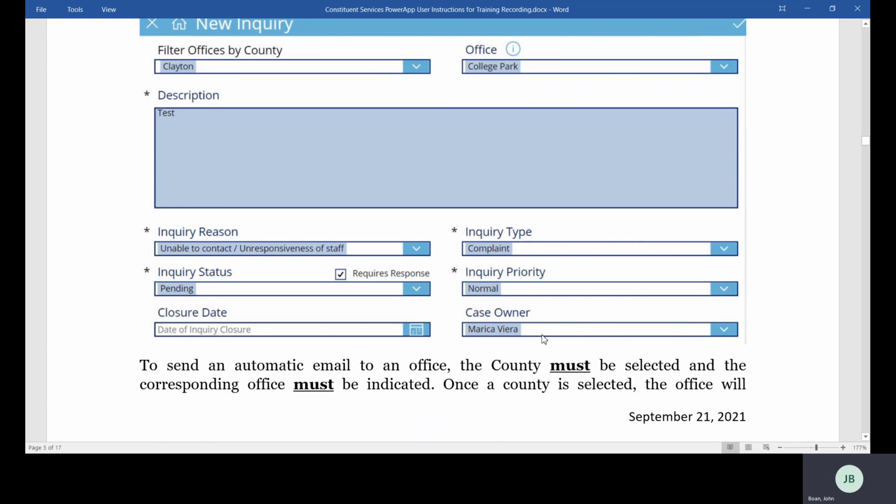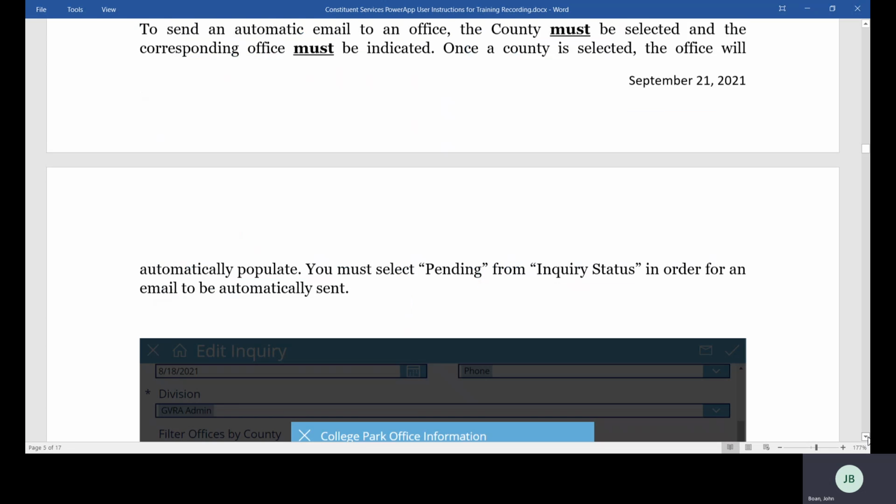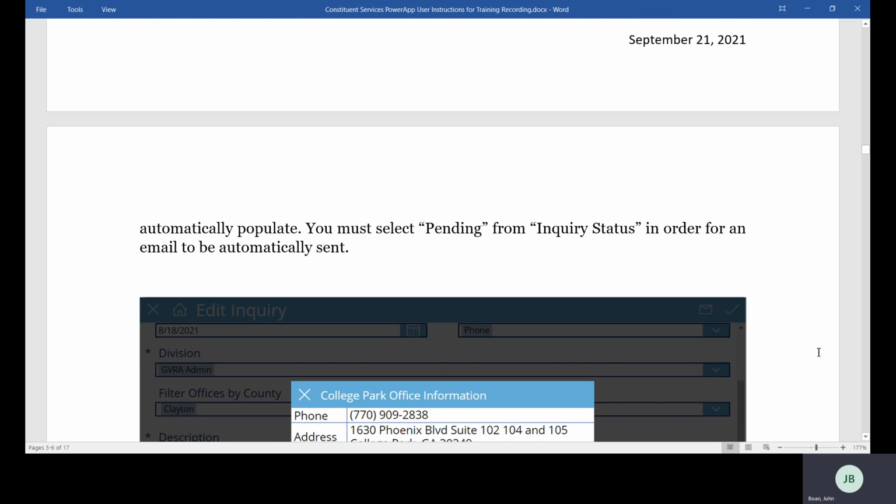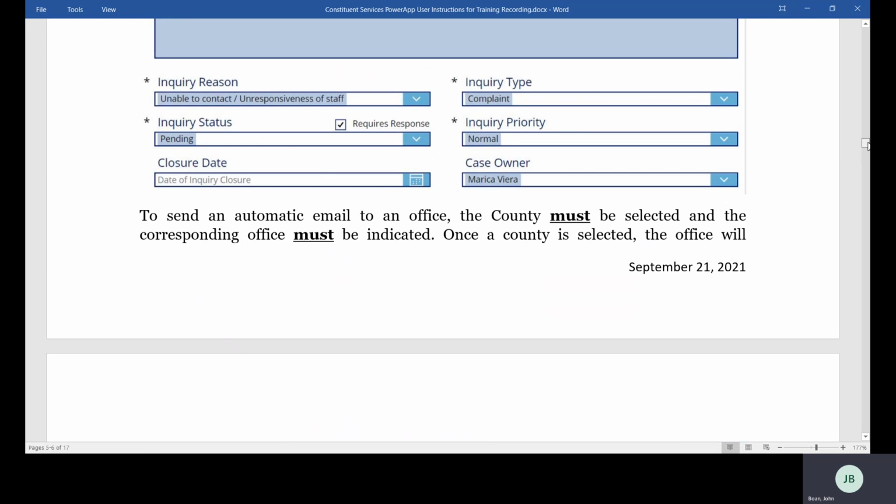To send an automatic email to an office, the county must be selected and the corresponding office must be indicated. Once a county is selected, the office will automatically populate. You must select Pending from Inquiry Status in order for an email to be automatically sent.